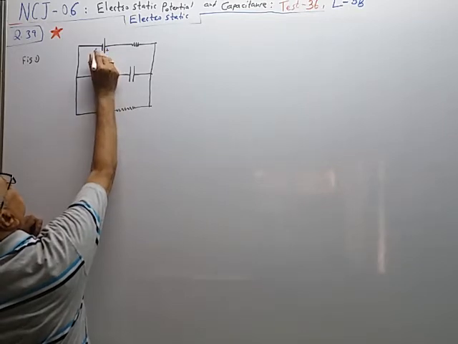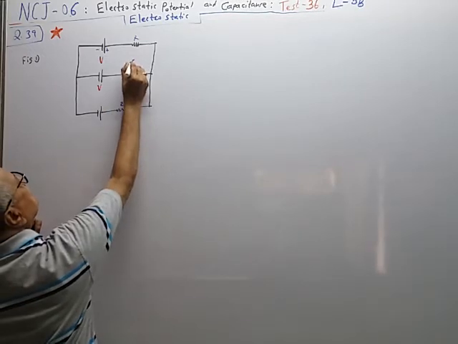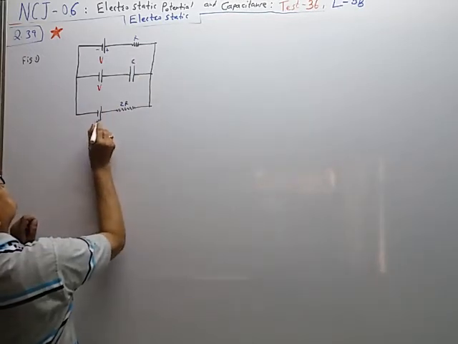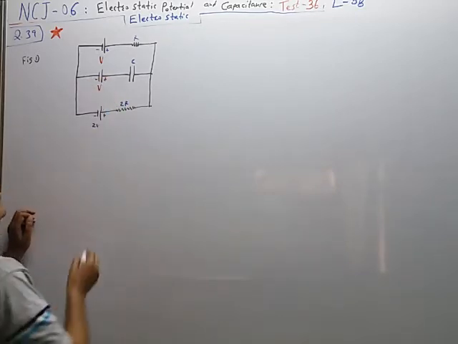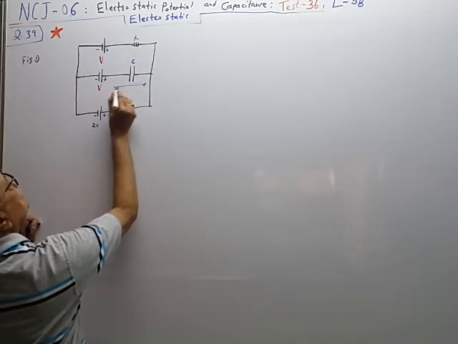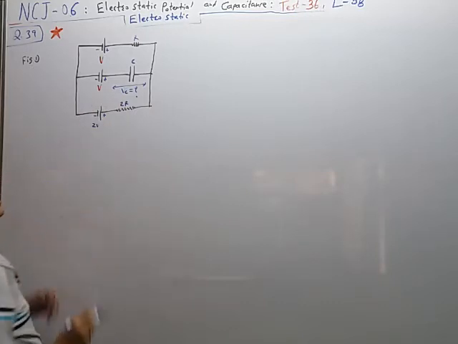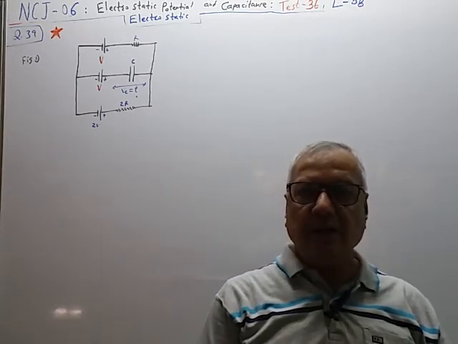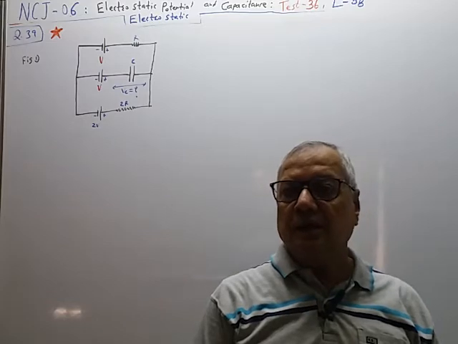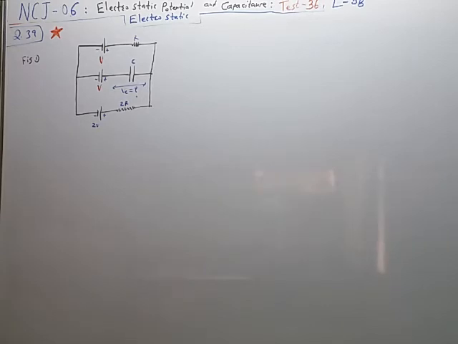Plus minus, this is R ohm. This is 2R ohm. This capacity is C. This is 2 times V plus minus like this. And you have to find VC. What is the potential drop across the condenser? VC is equal to question mark. So this is the problem. So circuit consists of resistances R and 2R ohm, and also it contains the condenser of capacity C like this. So what is the potential difference?